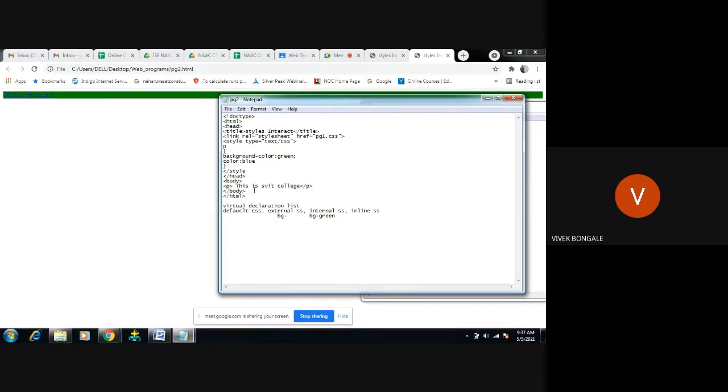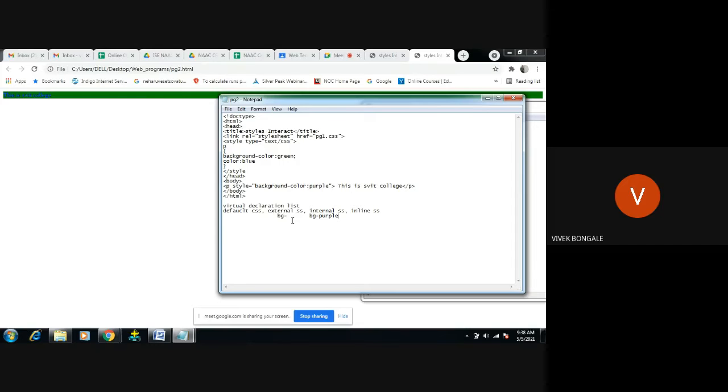Then if we give the inline, I will directly move to this part. I will do style equals background color. Like before, they were given green and red, and I will give purple here. Now, which one should it display? It will update to purple. So now the background color will be what? It will update to purple, right?